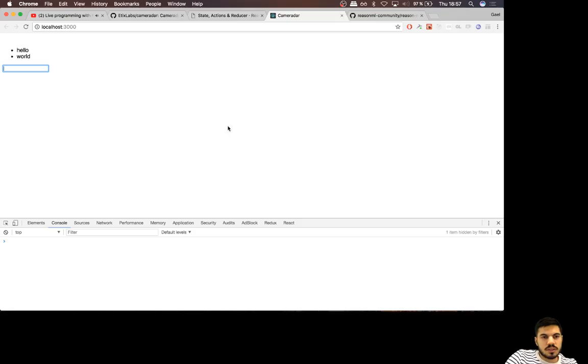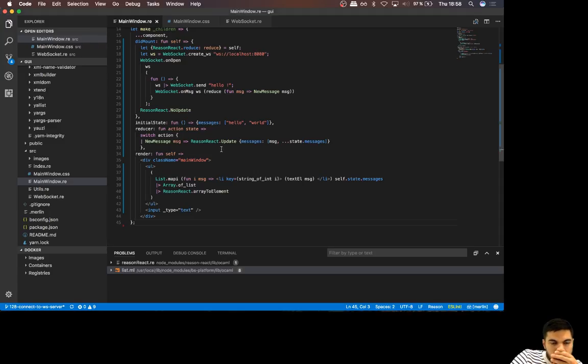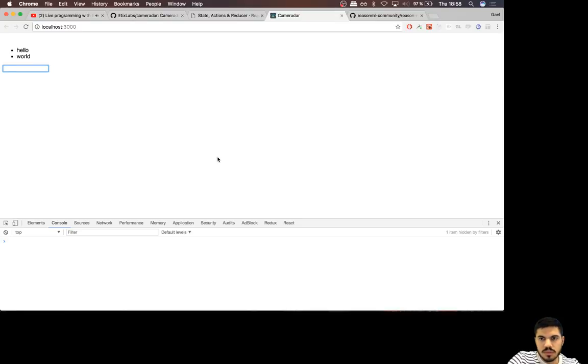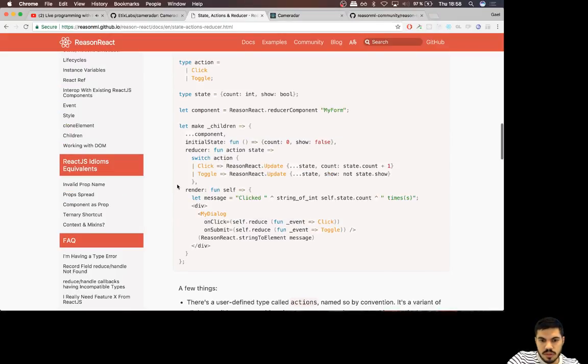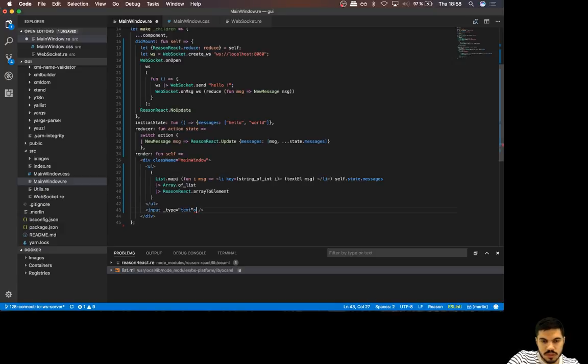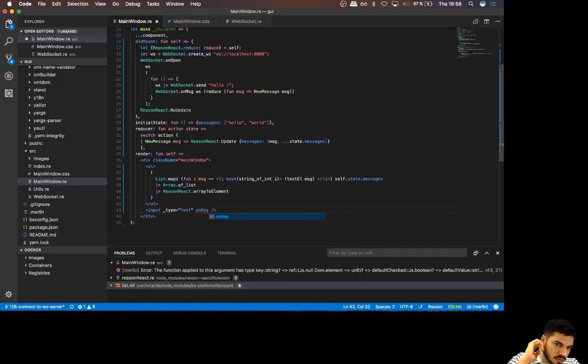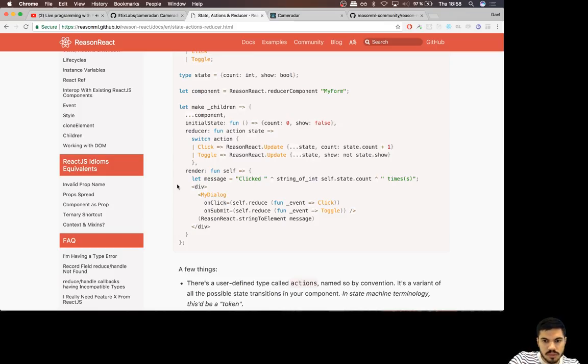Okay, so this is not going to be a controlled input. I'm just going to bind the enter, the key press event, and on enter I will try to empty it. I'm not sure how I will do that actually. And then I will send a message. So how am I gonna get the event? So I guess I can say on key down equals